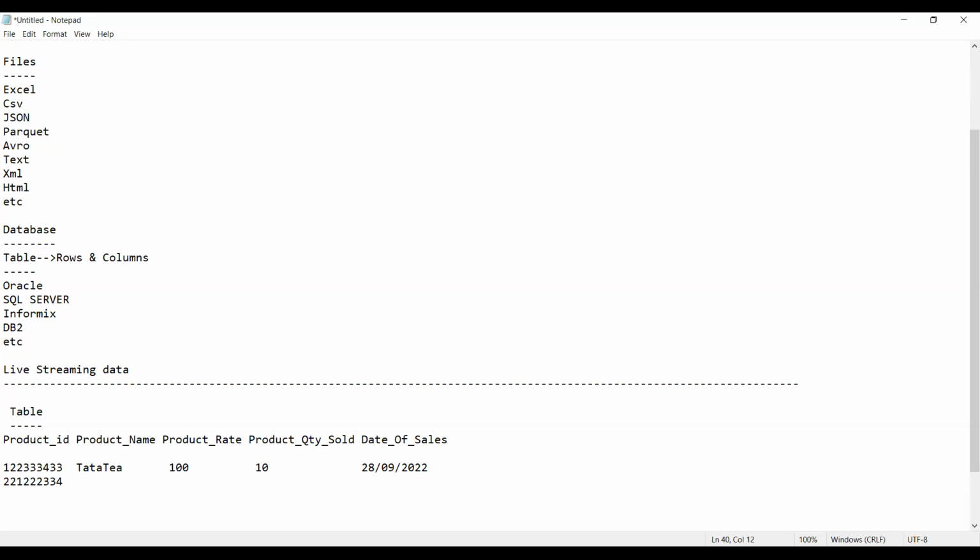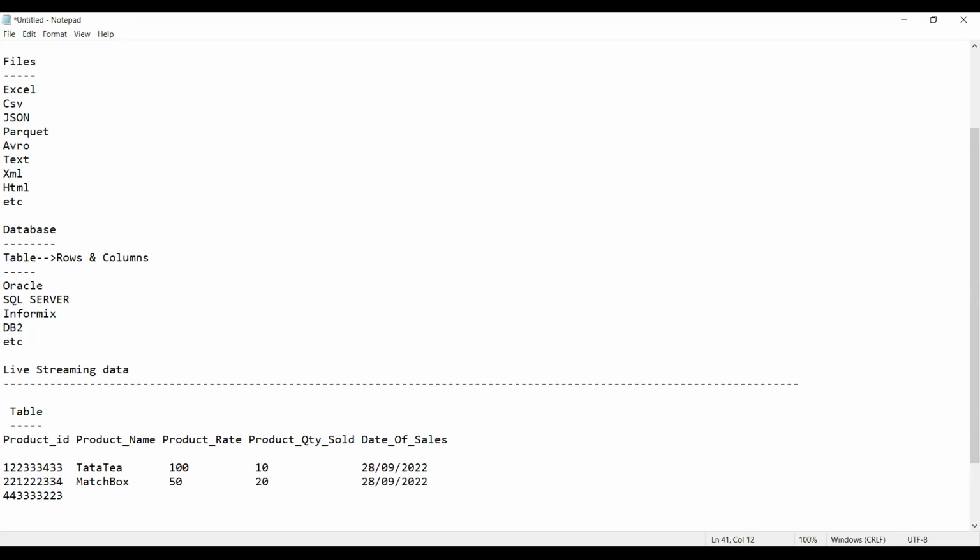Then we have matchbox, and let us assume here 50 rupees, and quantity sold is 20. The sale took place on 28/09/2022.